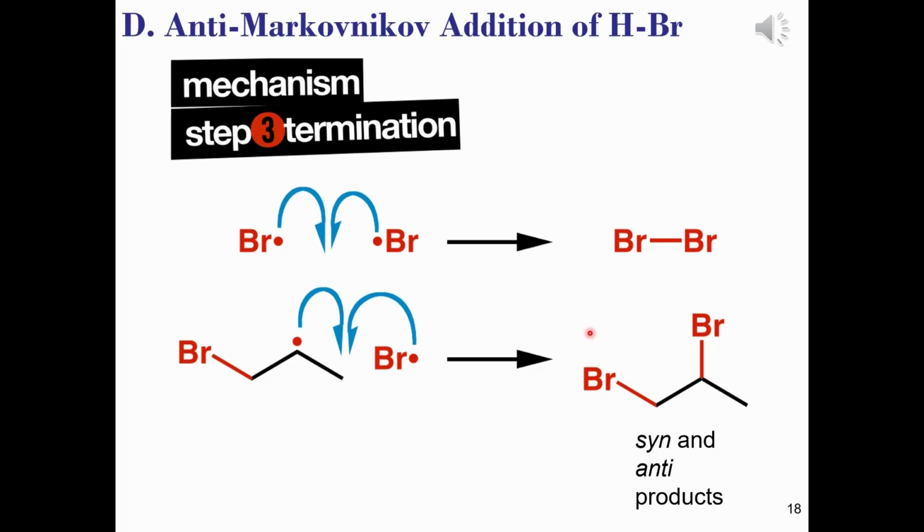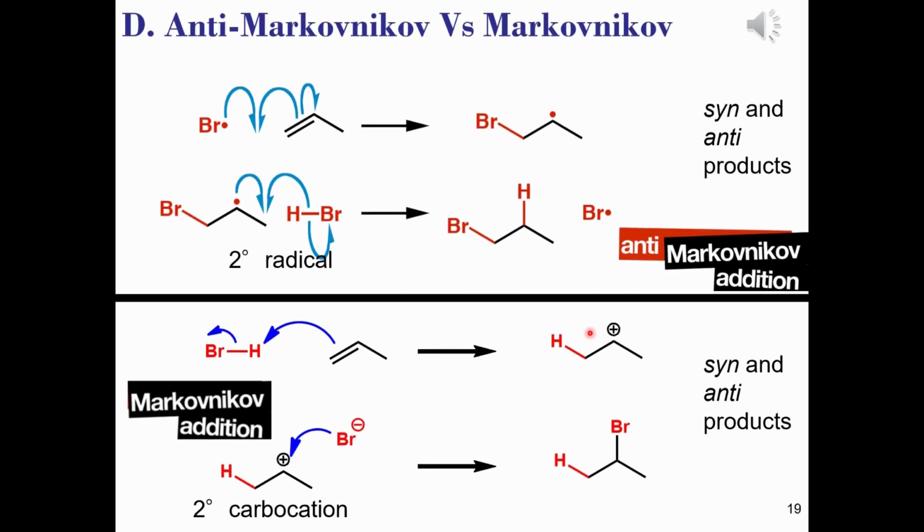Let's take a moment now to compare this reaction with the ionic addition reaction of hydrogen bromide. Both reaction mechanisms, radical and ionic, give addition products, but the main difference is the regioselectivity and the reactive species. In a radical addition mechanism, the bromine is added to the less substituted carbon of the double bond. This leads to the formation of the more stable secondary radical intermediate. This will then go on to abstract a hydrogen from hydrogen bromide, and that will give us the anti-Markovnikov